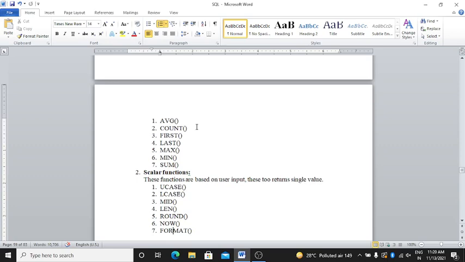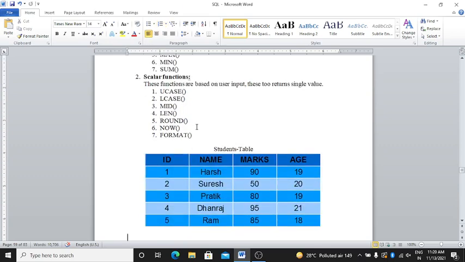And second is scalar functions. Scalar functions are based on the user input and return a single value, like UCASE, LCASE, MID, LEN, ROUND, NOW, and FORMAT.